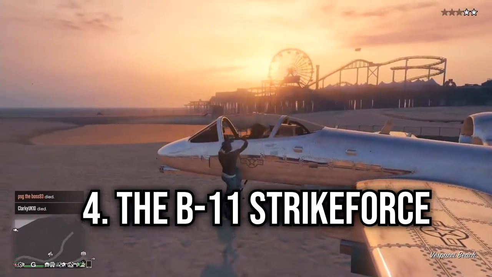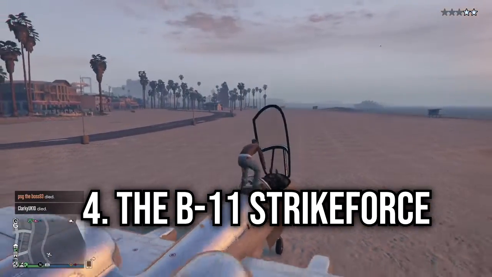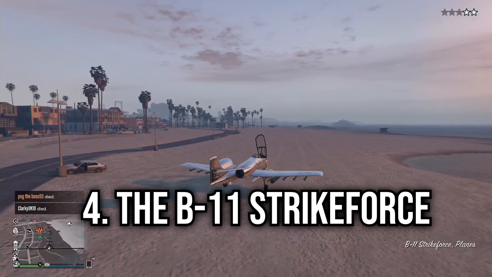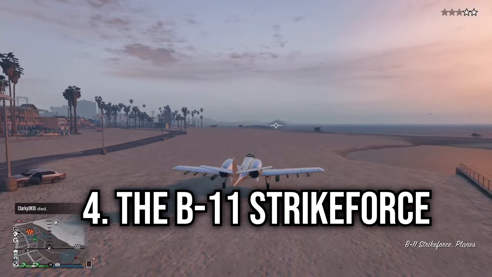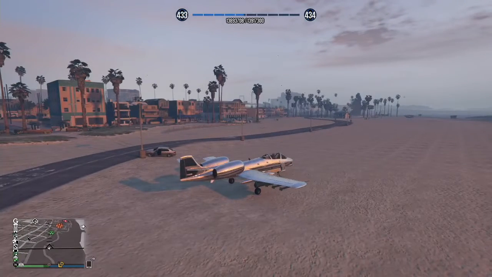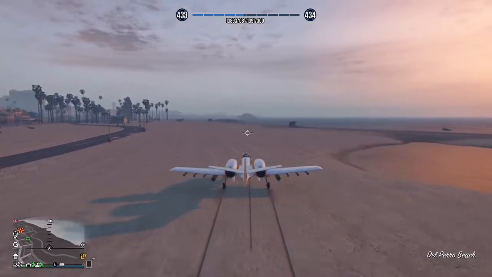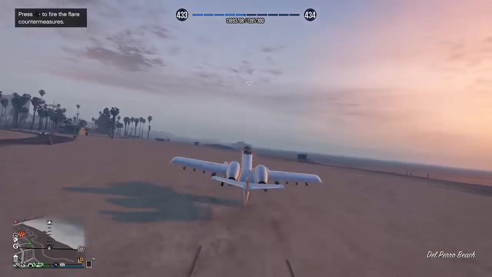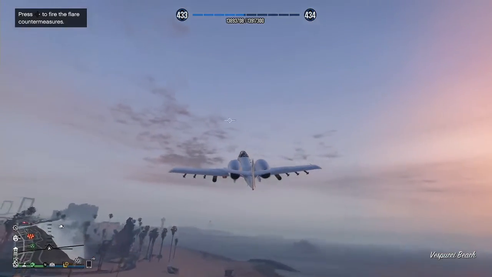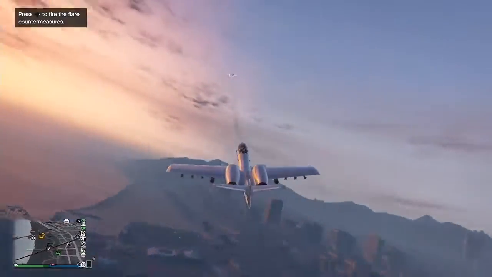And for number 4 on the list, I have decided to choose the B11 Strikeforce. The reason I've chosen this at the number 4 spot and not put it lower or higher is mainly because of the armor on the B11 Strikeforce. It is a very strong vehicle. In fact, it's one of the strongest aircrafts in the game. You guys can literally crash this into a building and come out almost unscathed. You might be smoking after that, but it still doesn't blow up in one, which makes it ideal